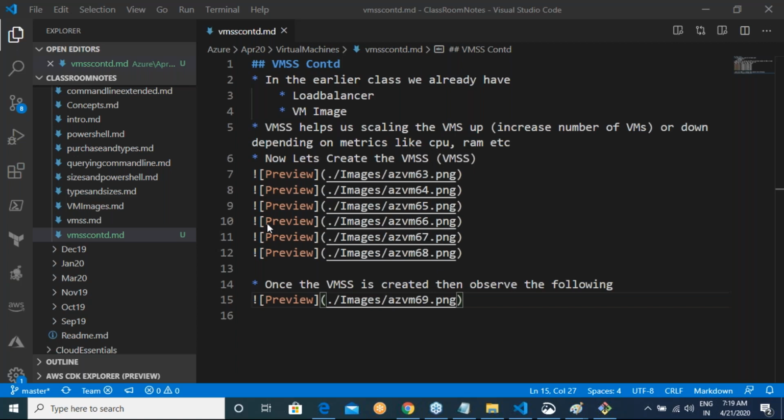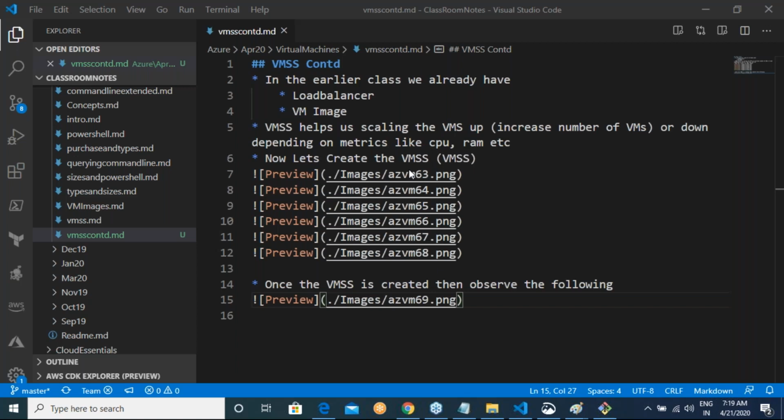Now create a VM scale set with the VM image which you have and try to tell me how to fix my problem. I have a VM scale set. I have a load balancer. I have one virtual machine running, and what is it that I have messed up? Yeah, in real time, you might have your SSL certificate on your web server, or even on a load balancer for that matter.